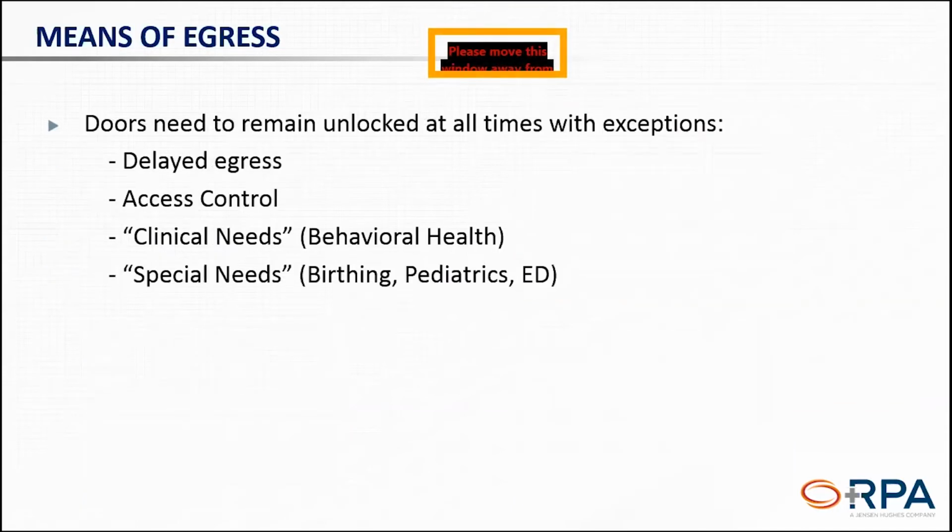Talking about means of egress still, make sure that your doors are unlocked at all times, except when. So we have some allowances. If we have delayed egress, and we only can have delayed egress where? In fully sprinklered buildings or fully fire alarm protected buildings. We have access control types of locks. So are we going to limit or restrict access in a certain direction, but we always should have free access in the other direction? And one thing we typically see with access control devices is we don't always have all of the required features of that access control